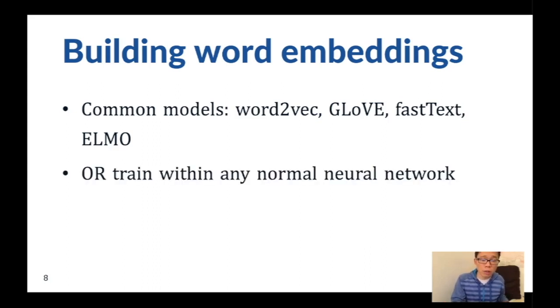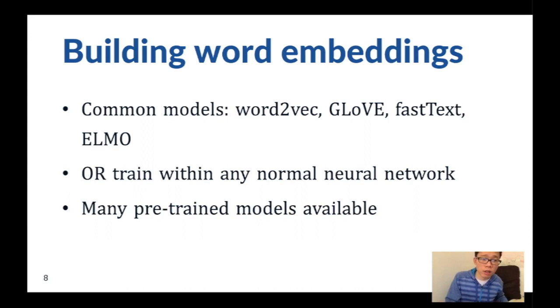Word embeddings can also be built just by creating a neural network where you input text. You basically have to start with an embedding layer. Either that or you start with the one-hot vectors that we were talking about, but those are really not very effective because the vocabulary is so large, and so the vector is very sparse. It's not very useful. So with any normal neural network, you can actually train word embeddings from scratch. You might not actually pull them out and compare them similarity-wise, but you can train embeddings of words on any task that you do with a deep learning network with input of text.